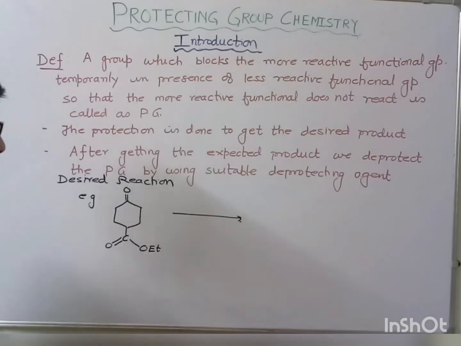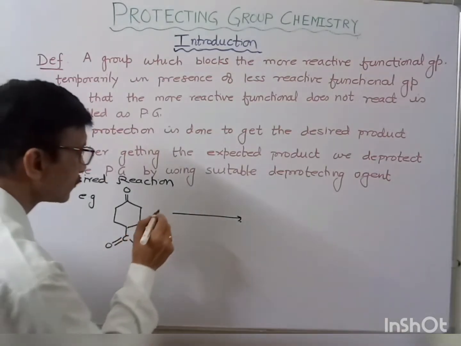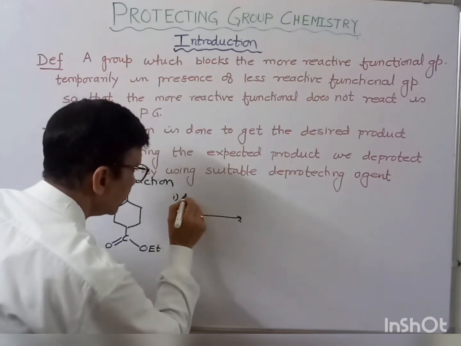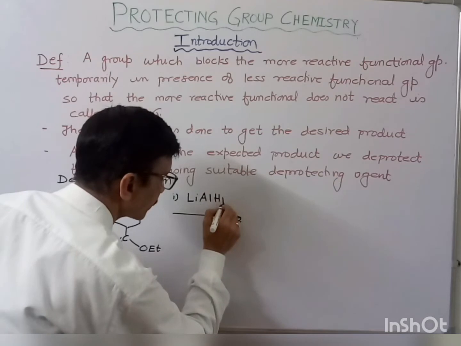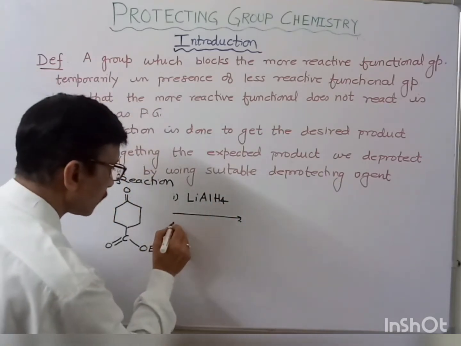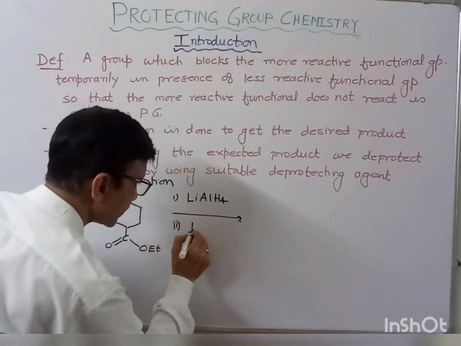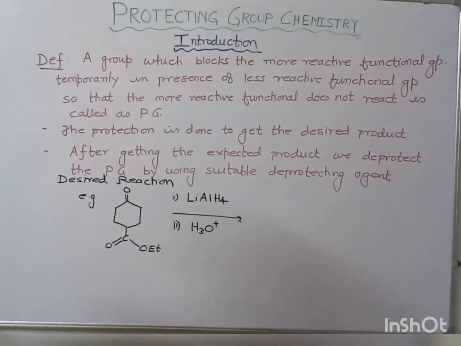Okay, so what is the desired reaction? If we react this substrate molecule by lithium aluminum hydride, if we do the reduction of this in presence of lithium aluminum hydride followed by its acidic hydrolysis, then what we want to get,